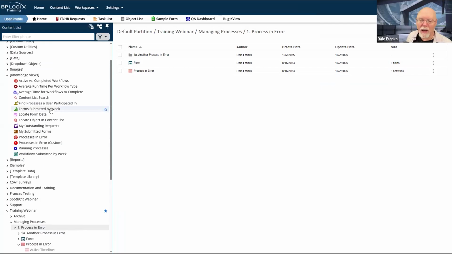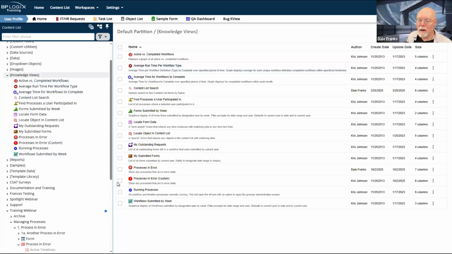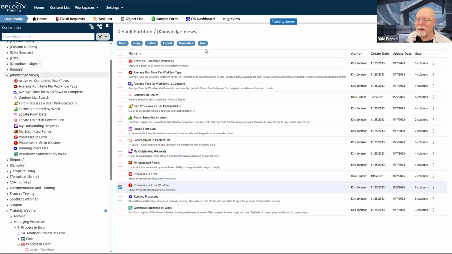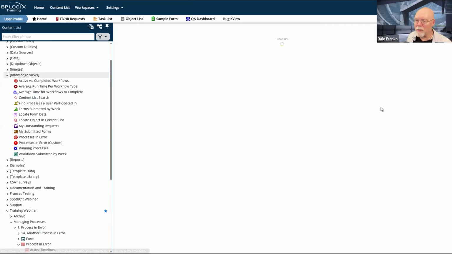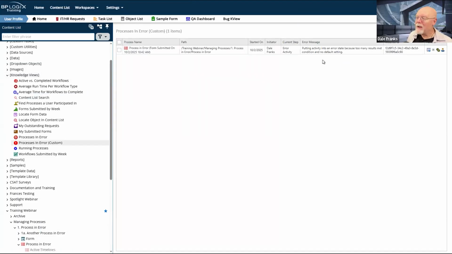Let's take a look at our processes and error. And we'll run mine, but it doesn't really matter which one we run. Okay. Putting activity into an error state because too many results met condition and no default setting. What does that mean?